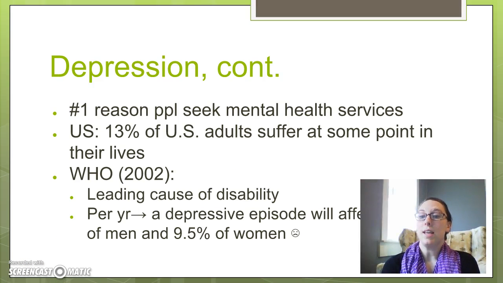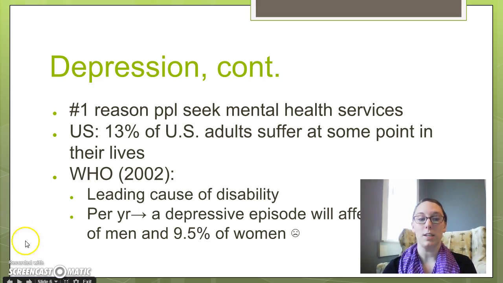Now, my assumption is that you've heard about depression before, mainly because it is the number one reason that people seek mental health services, especially in the United States. Depression is very, very, very common. There's a statistic that almost 15% of United States adults will suffer at some point with depression in their lives. So that's a really large incidence rate. According to the World Health Organization,